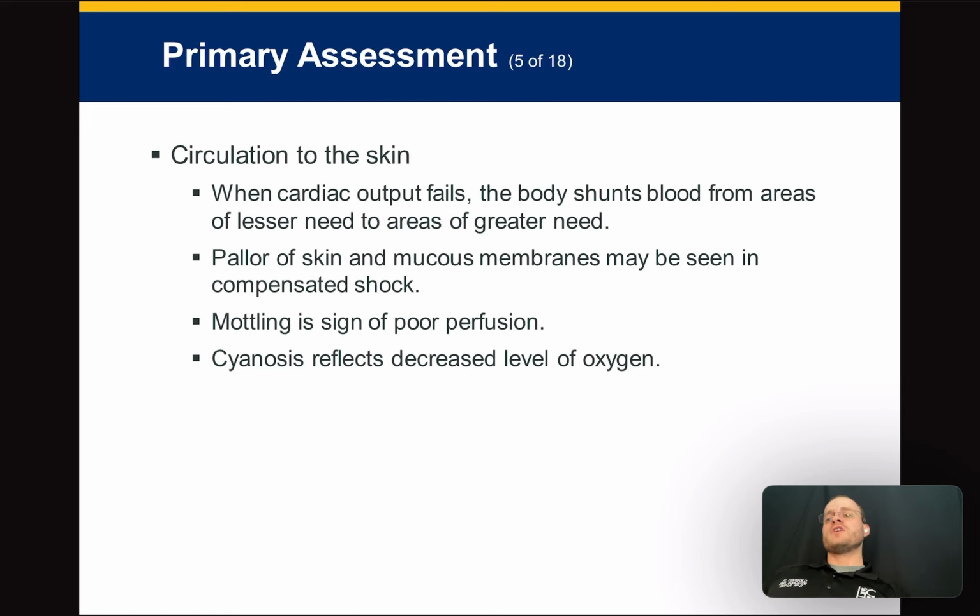Circulation. So remember, when a child goes into shock, they're going to shunt blood away from their periphery to their core. And so you'll see skin pallor, and you'll see something called mottling. I meant to put a picture in here of what mottling looks like, but I'll have that picture in the next video. You need to know what mottling is. Mottling is this pattern on the skin that tells you, oh, that's poor perfusion. You've seen mottling before on children, even when they're cold, you can see mottled skin. But just be aware, mottling is an idea that, okay, they're either cold or they're in shock and they're shunting blood away from the skin.